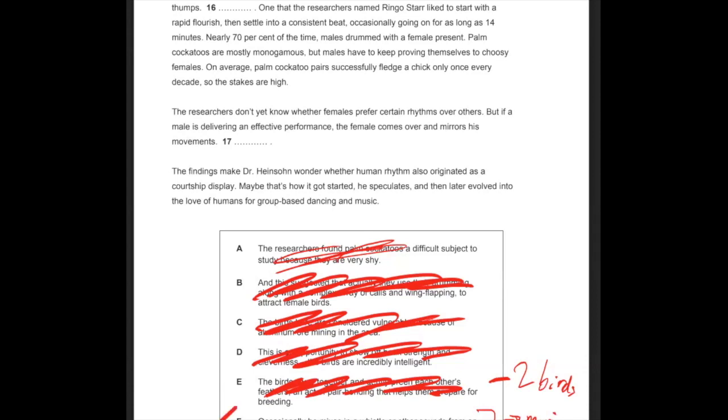Of course, I should eliminate the other one as well. Individual males differed slightly in percussive styles. So it talks about the palm cockatoo, right? And it's not really comparing different males. If it had said something like, we have this many palm cockatoos, or all these different ways that male cockatoos perform, then sure, you might be able to compare them. But the relationship with this sentence is more of a link, the link that I was talking about before, and it's less about contrast or comparison, right? And that's what this one here is doing. It's comparing and contrasting. So that's why G is actually not that great of an answer. F is the best answer.